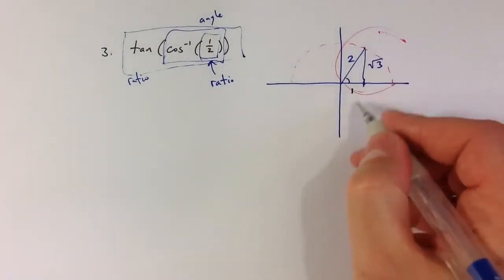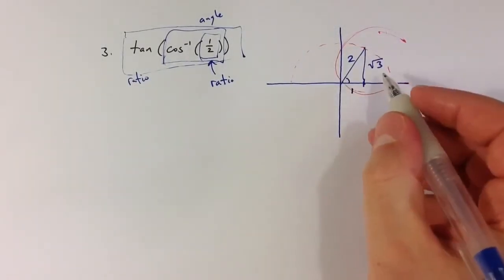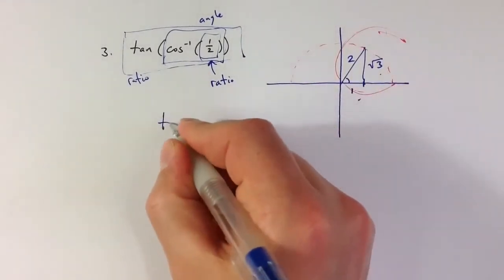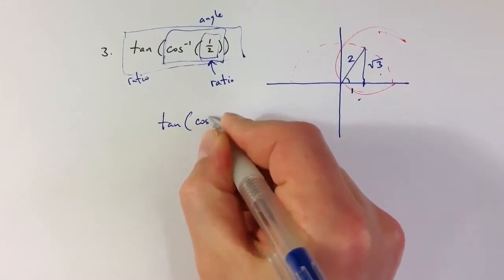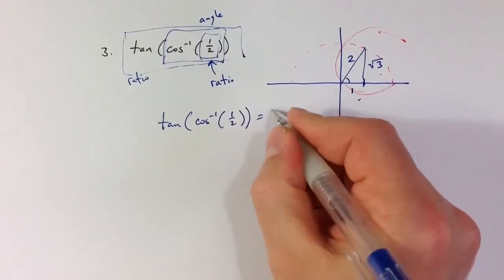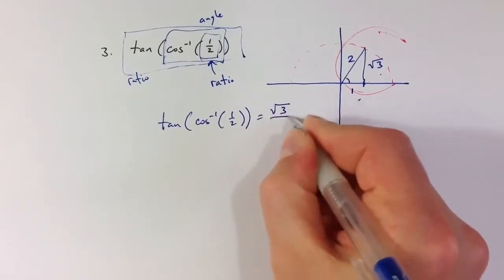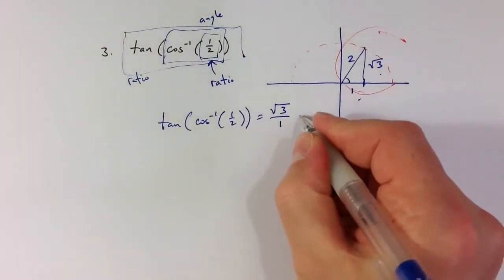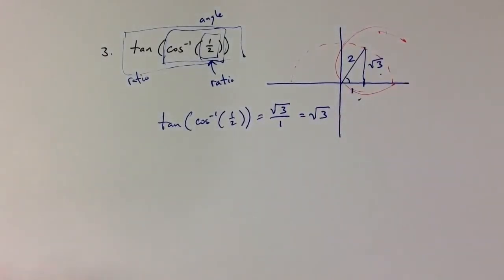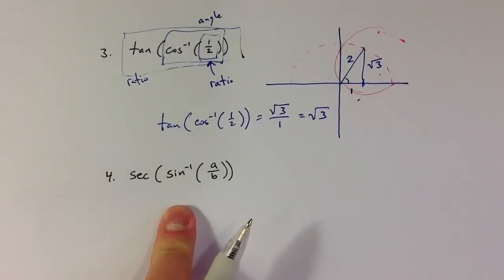But what I can do is then figure out what tangent should be. And so tangent, of course, is y over x. And so the tangent of cosine inverse of 1/2 is the square root of 3. I can think of it as the square root of 3 over 1, or more simply just the square root of 3. Number 4